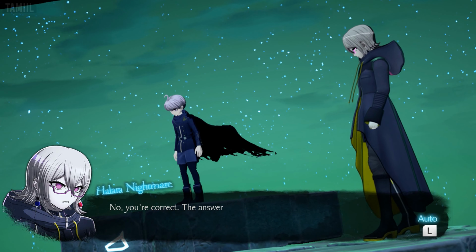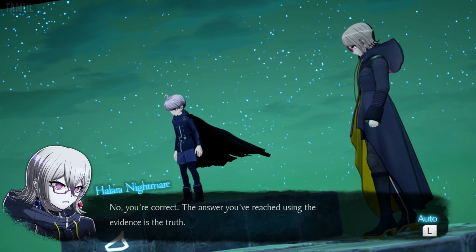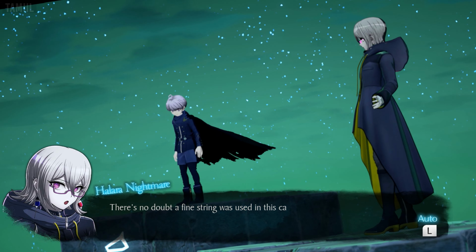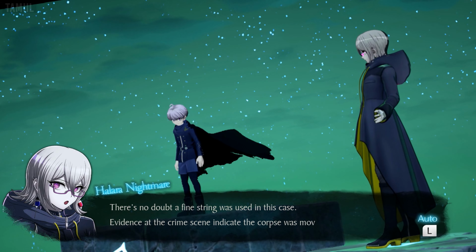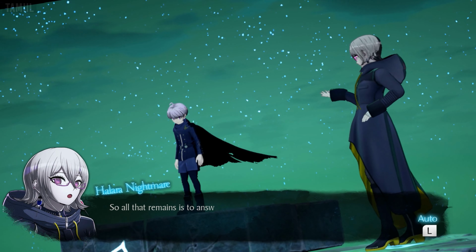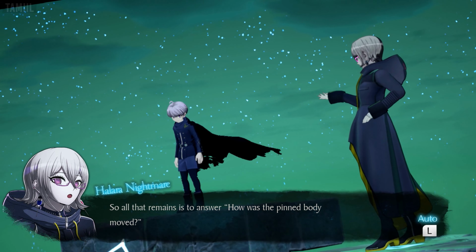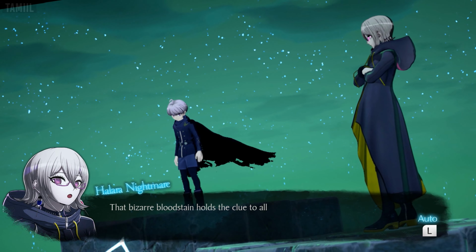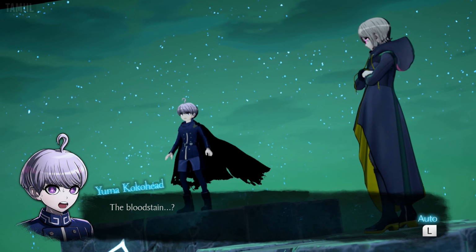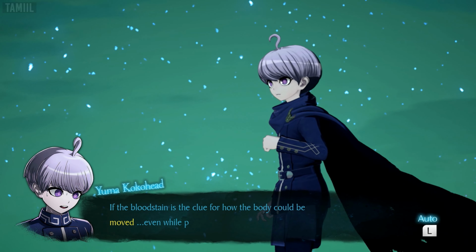No, you're correct. The answer you've reached using the evidence is the truth. Laura! There's no doubt a fine string was used in this case. Evidence at the crime scene indicates the corpse was moved. So all that remains is to answer, how was the pinned body moved? That bizarre bloodstain holds the clue to all of this. The bloodstain? If the bloodstain is the clue for how the body could be moved, even while pinned...